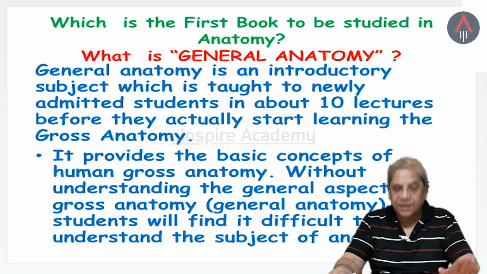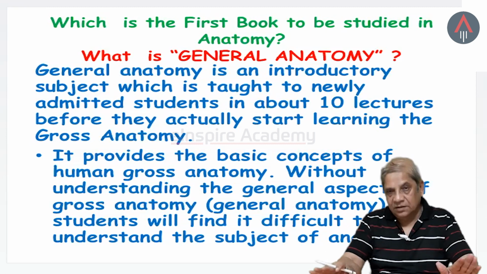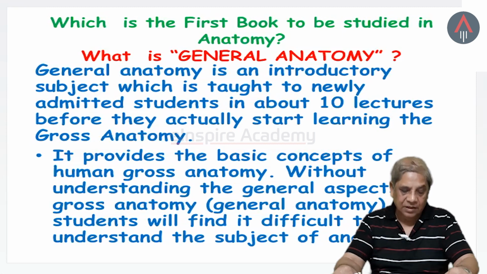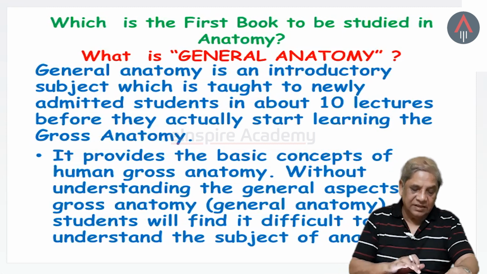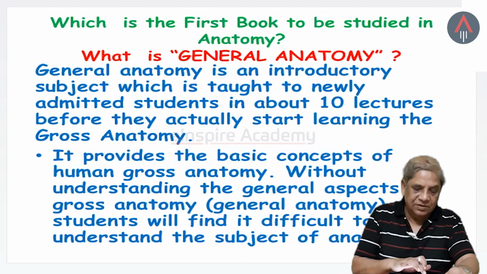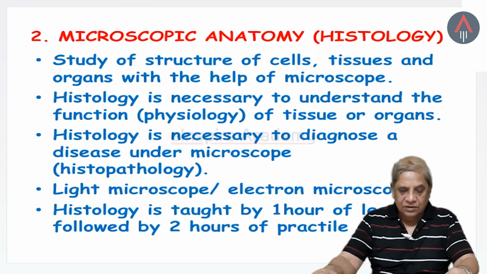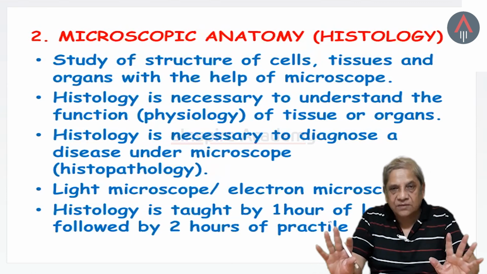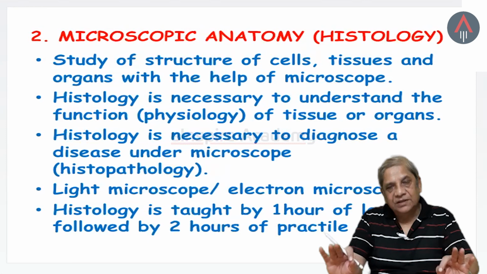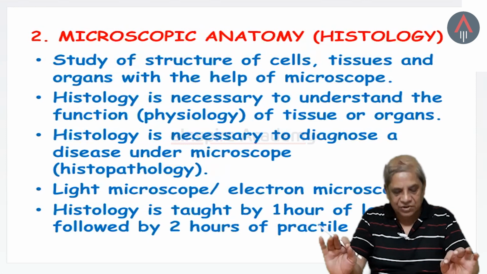Thus remember that the general anatomy, the initial 10 to 12 lectures, is very, very important. You will have to learn by heart whatsoever has been taught in the lectures of this general anatomy, and this will be your first book. Right. So this consists of the first subdiscipline of human anatomy, which is the major part in the anatomy department.